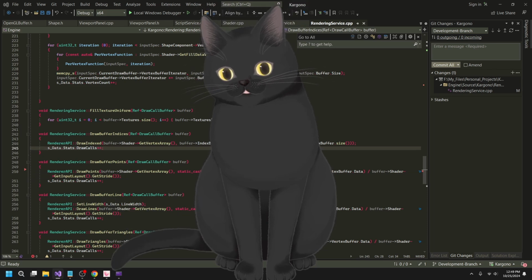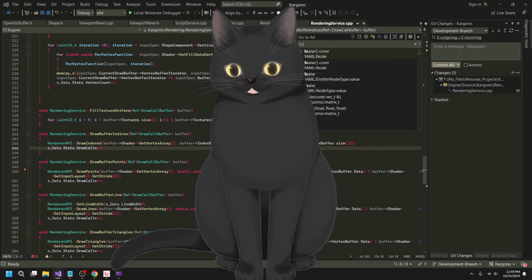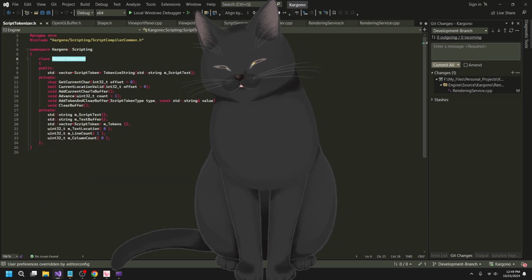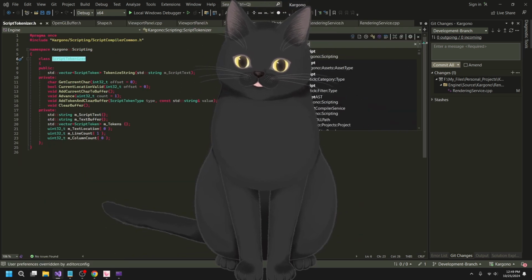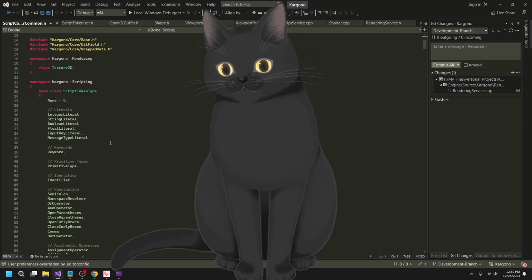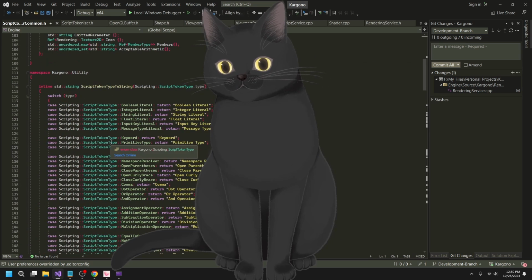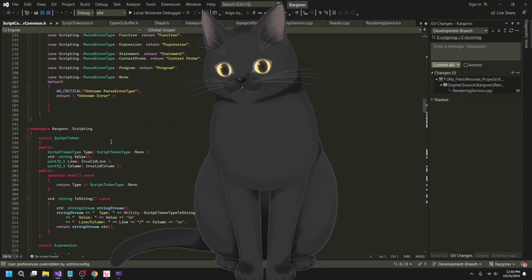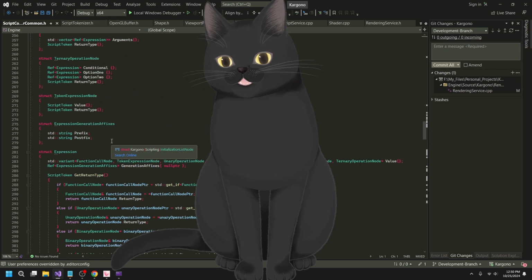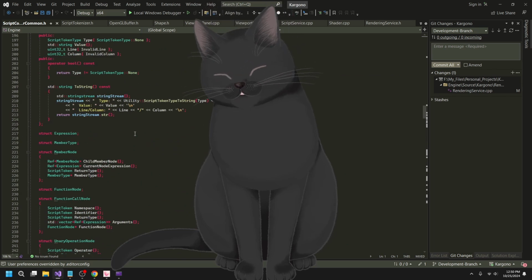So the first place we need to go to is the tokenizer. So script tokenizer. And actually, no, wait, hold on. We need to go to script compiler common, I think, because I think this is where we define our keywords. Oh, no. I know where we define our keywords.